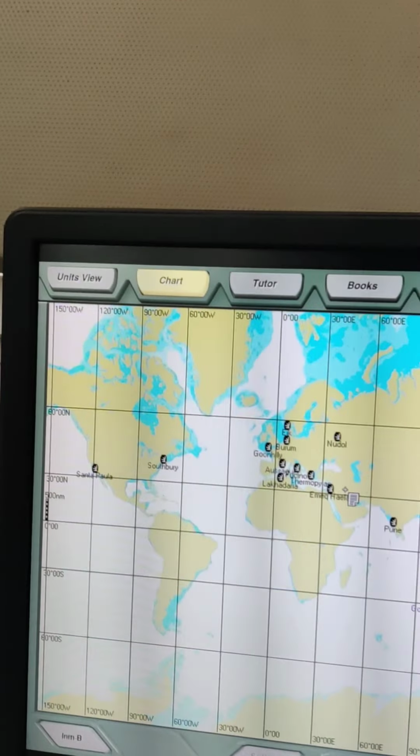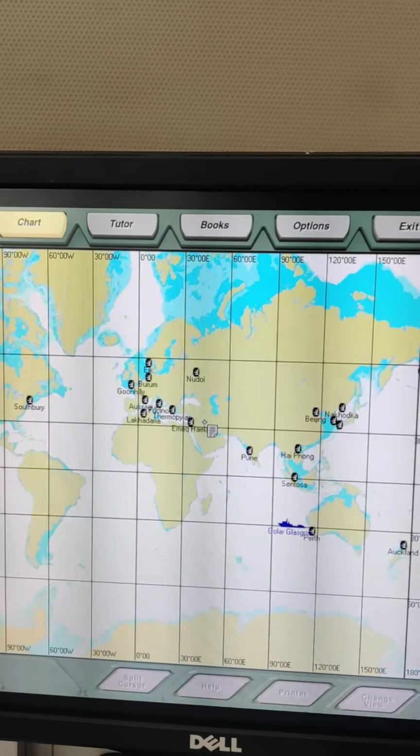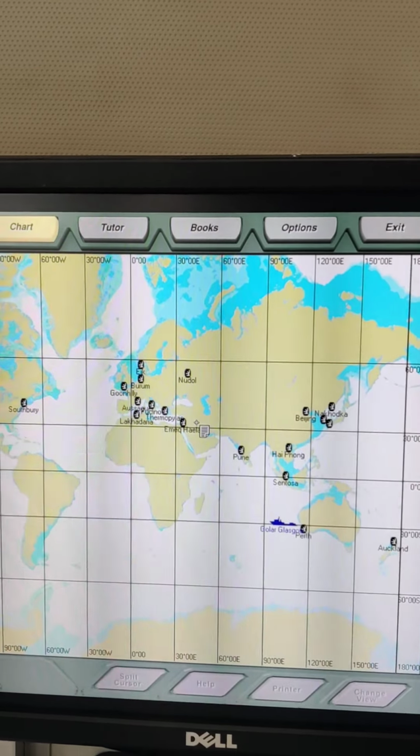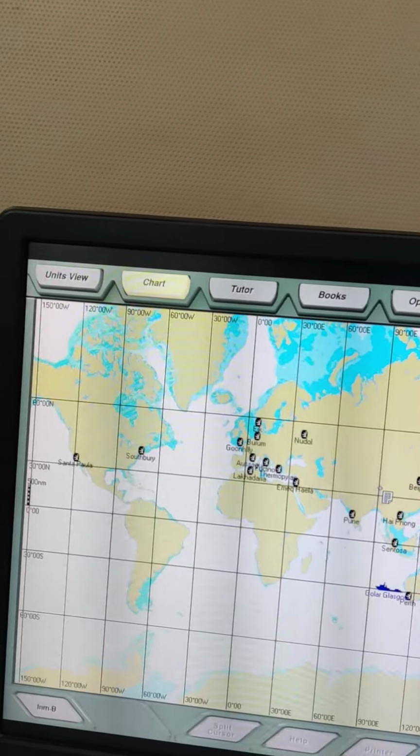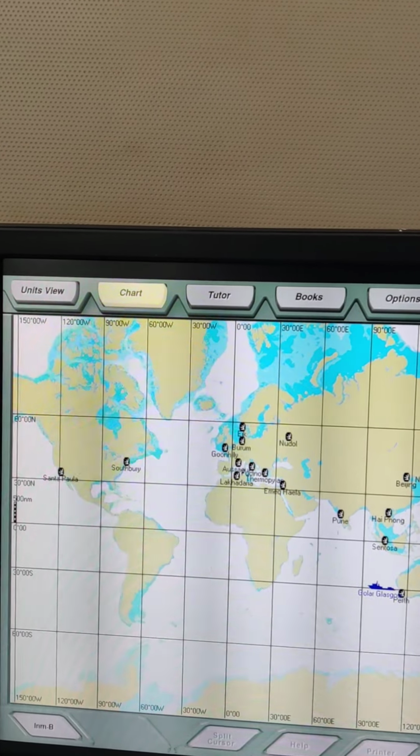Now we'll be starting Inmarsat B, how it works and what the probable questions are that they may ask. Okay, so Inmarsat B, the first thing is that we have to go on chart and update the position of the